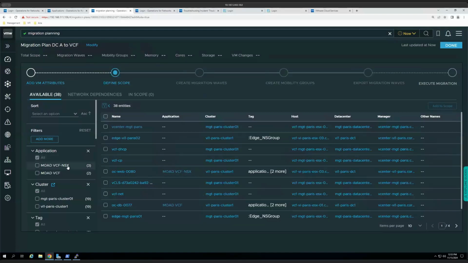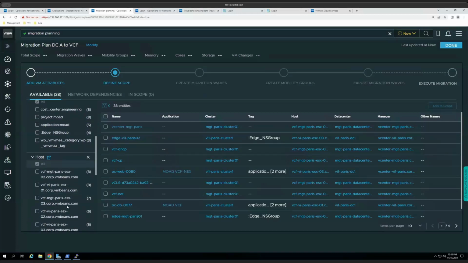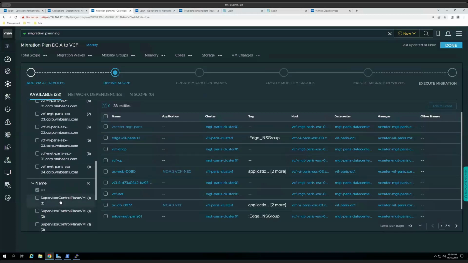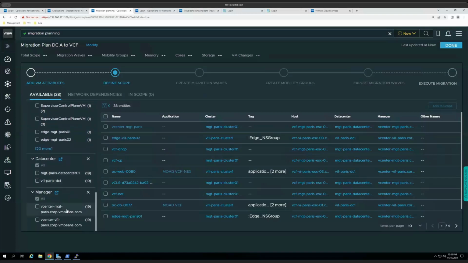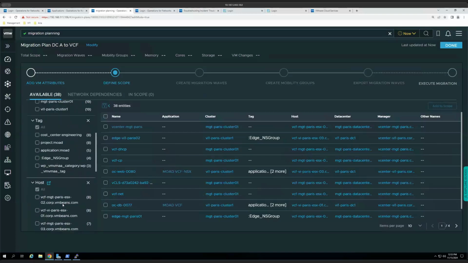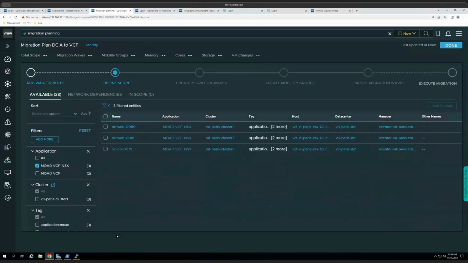And because we have the capability of discovering the applications, but also utilizing things like cluster visibility, tag visibility, ESXi host visibility, vCenters, all those different types of constructs that I talked about, different data centers and so on, we can choose how we want to scope out a migration plan. Now, I've already discovered some applications, so I'm just going to pick an application here. So we'll look at this MOAD VCF NSX application, and